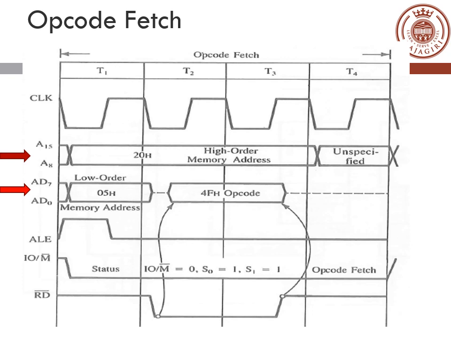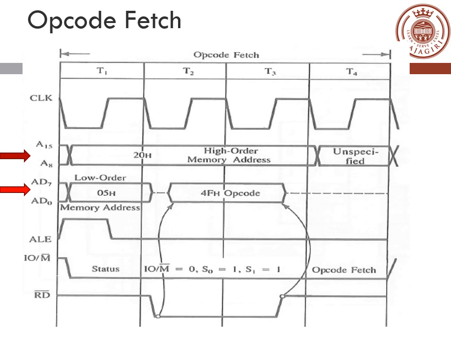Okay, now after a short duration, the ALE signal goes low, so the lower order address is being latched into the latch. Now you have specified the address. Next, from that memory address, you are going to fetch the opcode. That is basically a memory read operation. So in state T2, you can see that the ALE signal has gone low.